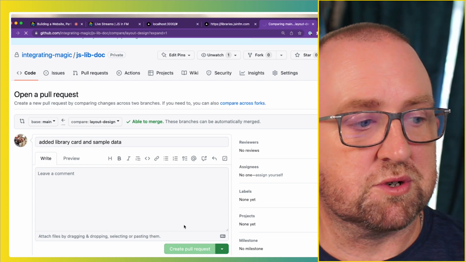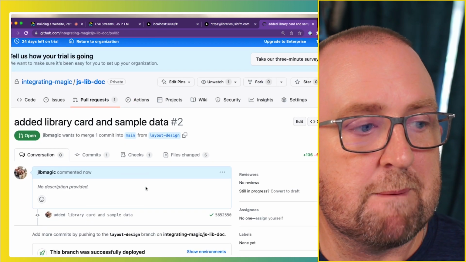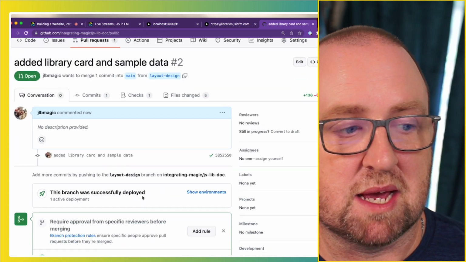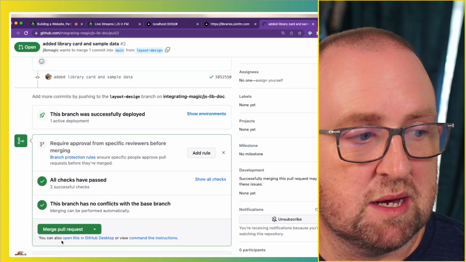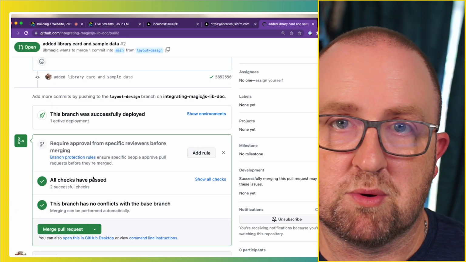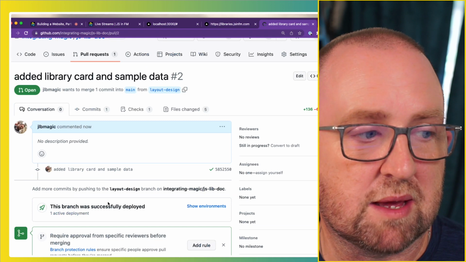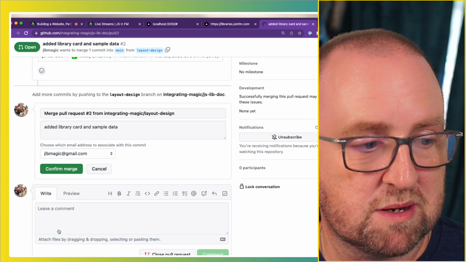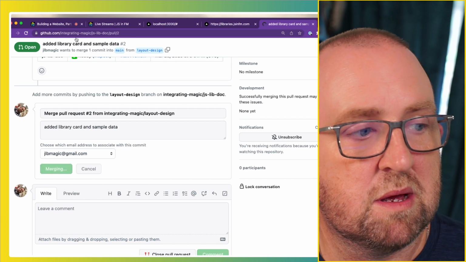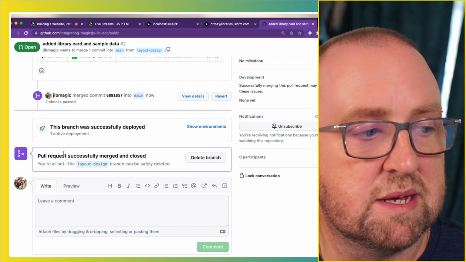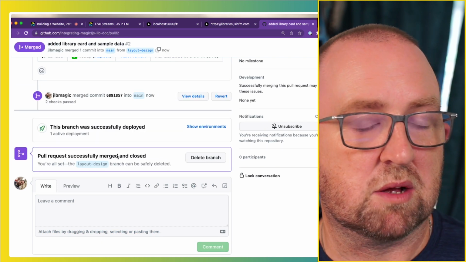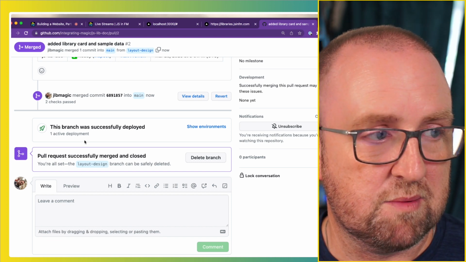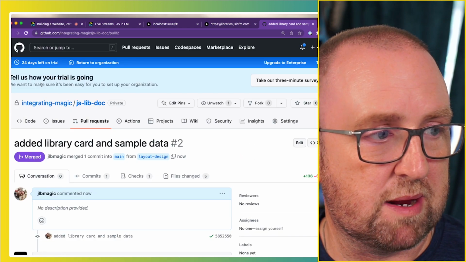Well, you would first create the pull request. Then it would come to me and it would say, all right, Jeremy, Marcus has done a pull request. Do you want to review the code? I can review the code. And then when I merge it, when I press this button, this will push it into my main branch. So I can go back to my main branch